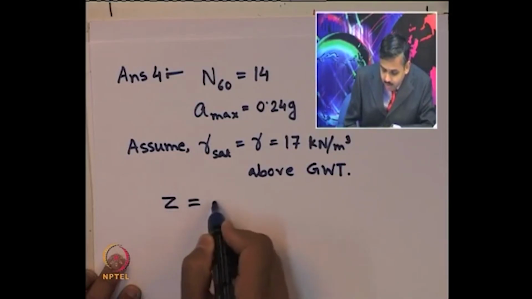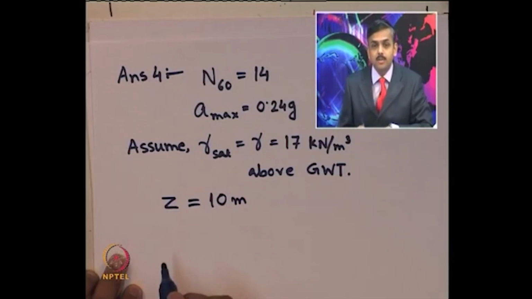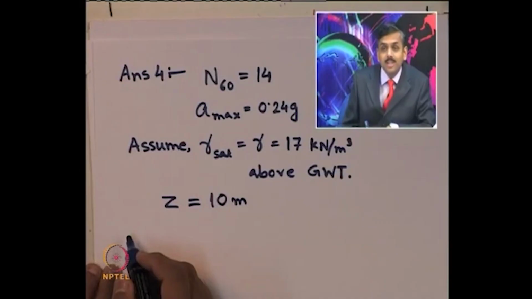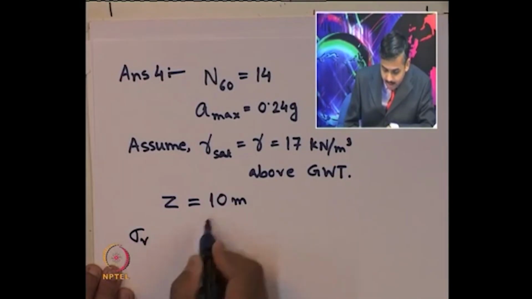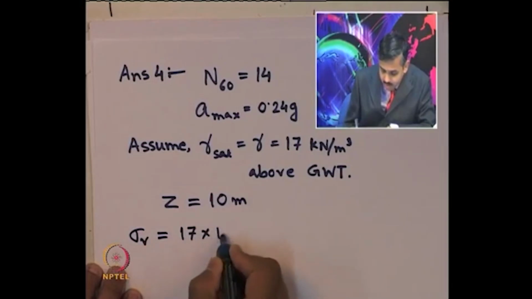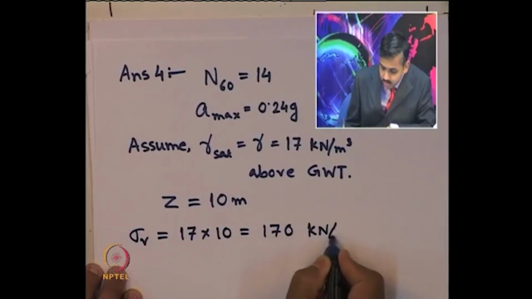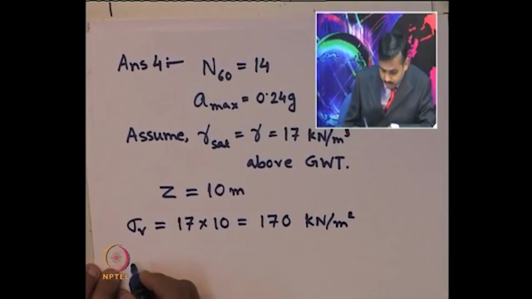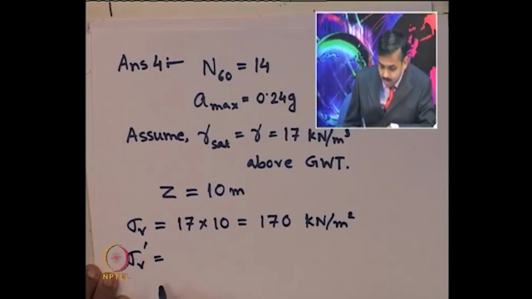And the depth at which we need to compute this factor of safety against liquefaction is 10 meter. Now, what is the total stress in the soil element at that 10 meter depth? Sigma V is nothing but 17 times 10, which is 170 kilonewton per meter square. And what is the effective stress, Sigma V dash at 10 meter depth,